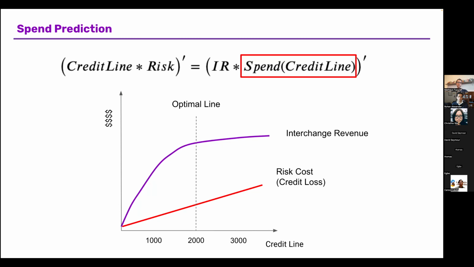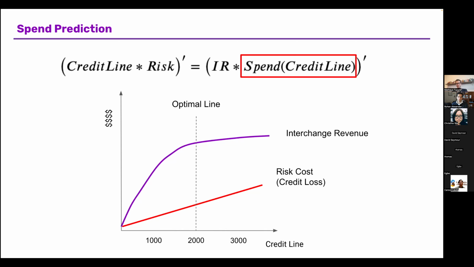Okay, so let's go back to the beginning of the presentation, where we said, okay, this is what we're trying to solve. We want to find where the derivative of costs equals the derivative of revenues. The derivative of cost is risk, which is very nice because risk is something that you can observe. You can see if a person defaulted or not. Of course, it's not trivial to define what a default is, but it's essentially an observed thing. It's a Y variable where you can plug a 1 or a 0 for each individual in your database.